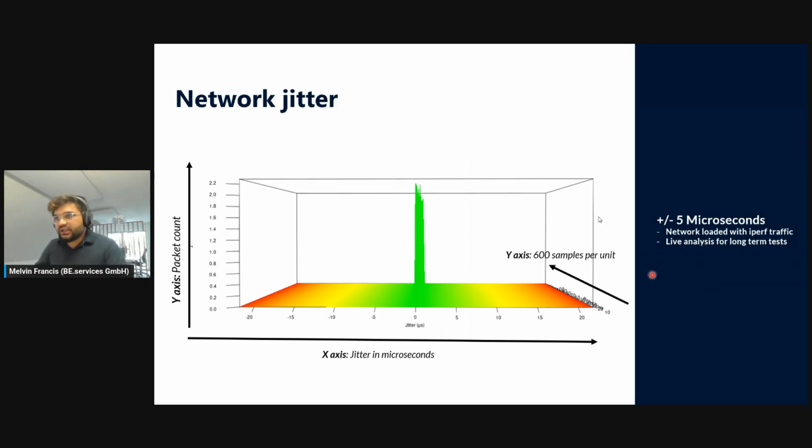So this is how the network jitter looks in the robot example that I showed previously. Here you can see that the jitter of the packet is plus or minus 5 microseconds. So what does this graph mean? Imagine that I need to send one control data every 1 millisecond. The first packet will come at 1 millisecond, second at 2, 3, 4. When a packet should reach at 3 milliseconds, it could not be like 3.5 milliseconds. It should be just 3 milliseconds plus or minus 5 microseconds, and the network should be at that level of determinism to achieve a motion control application